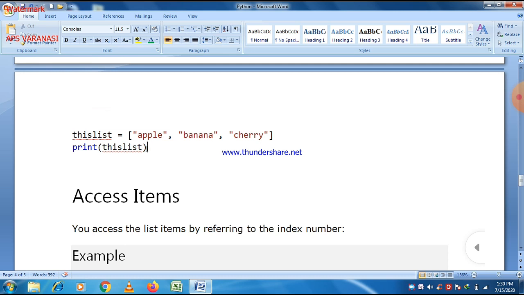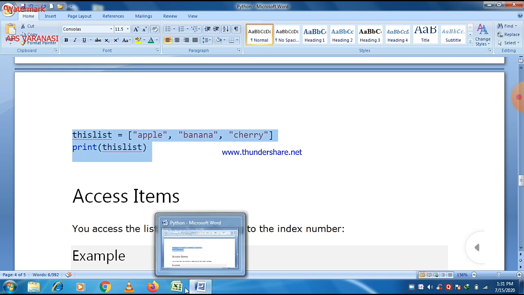When we print this list using a print statement, the output will be apple, banana, and cherry, or in simple words, the list will be printed as it is, as given in the list, because this list is saved in the variable named thislist.